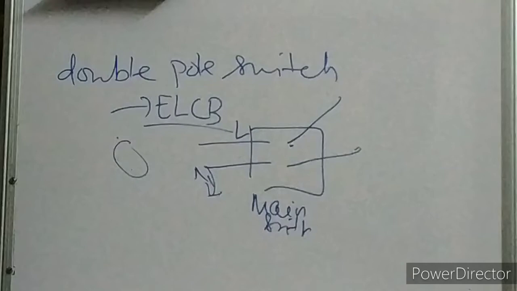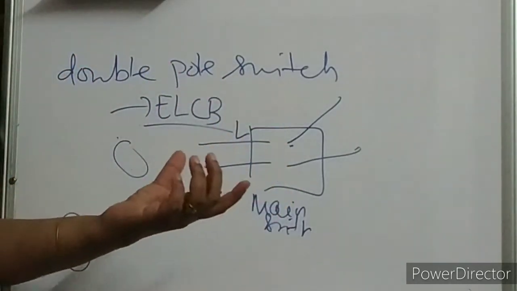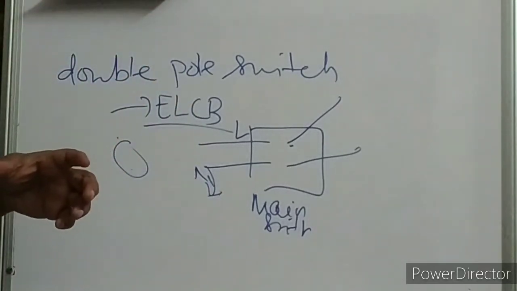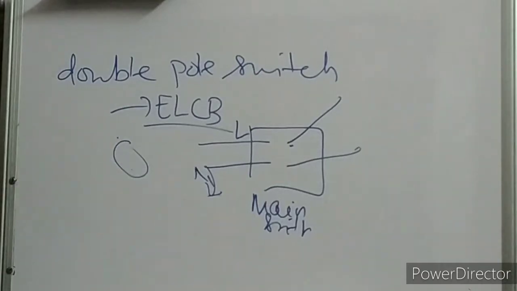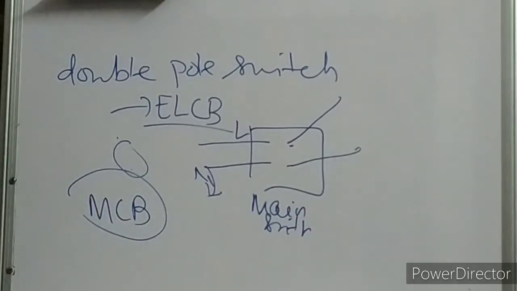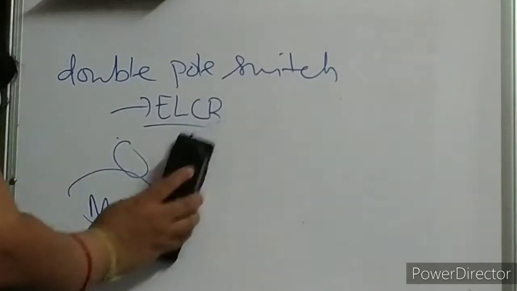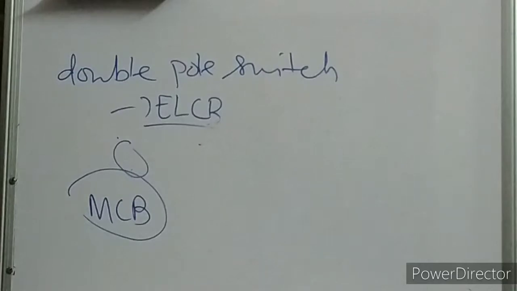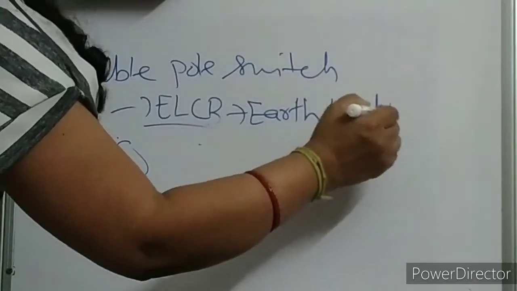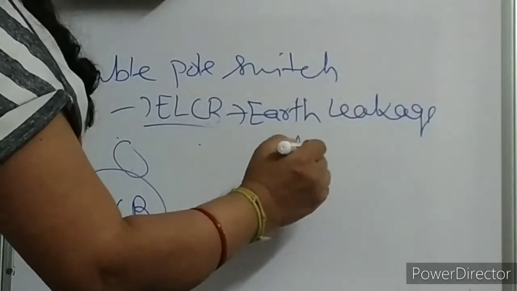Then from there it is connected to the distribution board. Distribution board means it is for the different rooms of your houses. Okay? And from the main switch to the distribution board it goes through MCB, children. What is this MCB? It is miniature circuit breaker, sorry. What is MCB? I think you all know all those things. Still I am telling you. ELCB is earth leakage circuit breaker.